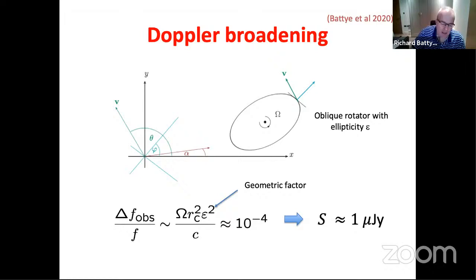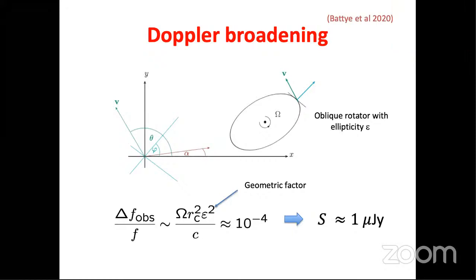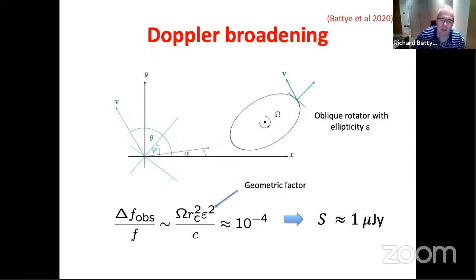And when the axion comes in, it interacts with the critical surface and transfers momentum to the magnetosphere. This corresponds to the Doppler effect from a reflection from a moving mirror. We've then made some estimate of delta F over F. There's a detailed calculation in our paper, but it's omega times the radius squared of the critical surface times some geometrical factor, which, if it is exactly an ellipse, then it's